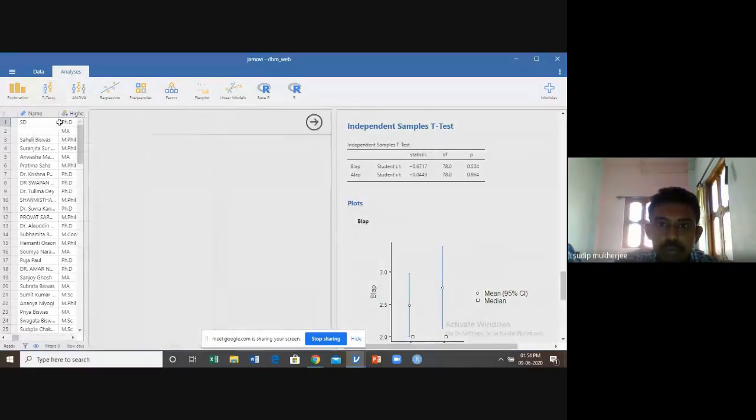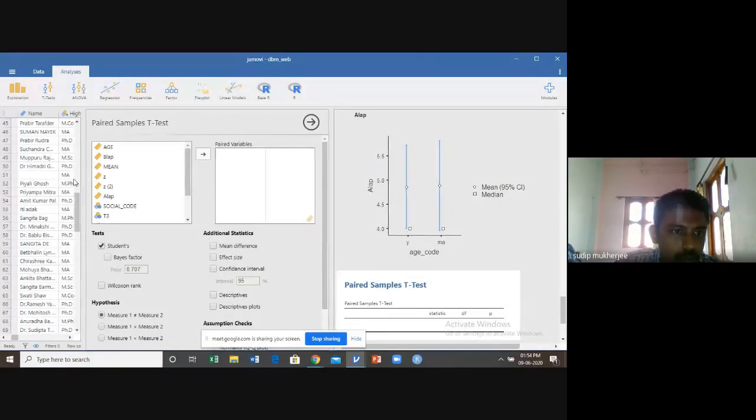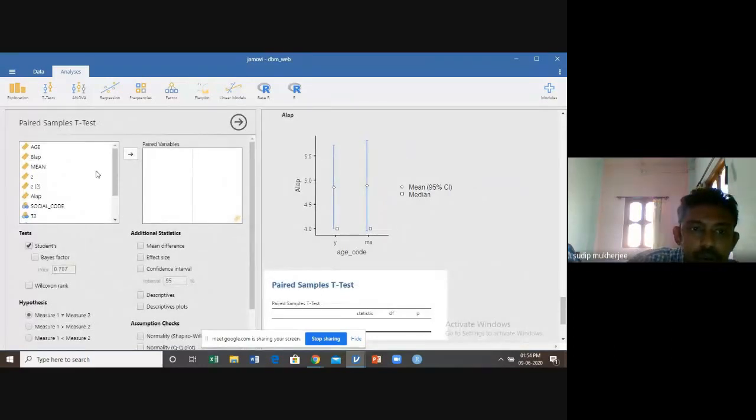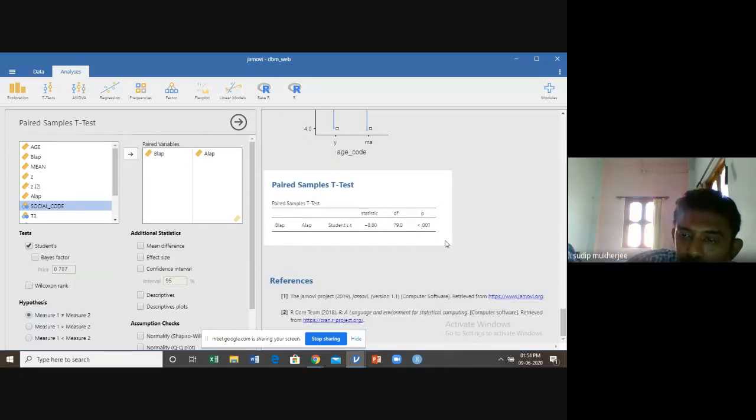Click on t-test, then paired sample t-test. Right? So in the paired sample t-test, what is our variable of interest? One is before use, select before use here, and after use. If you select both the variables, they automatically get into the box in this way. The first one is here and the second one is here. The first is before and the second is after. And what is the result?